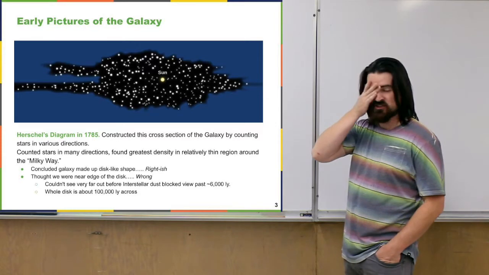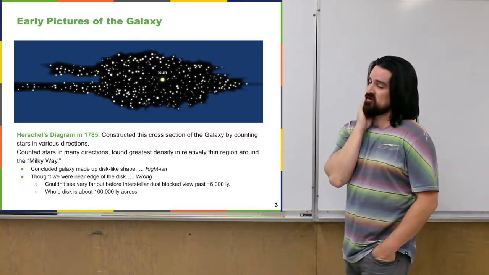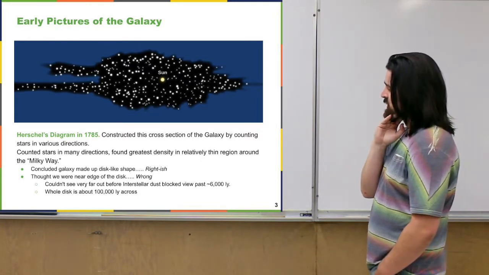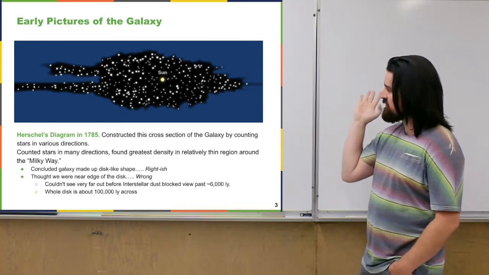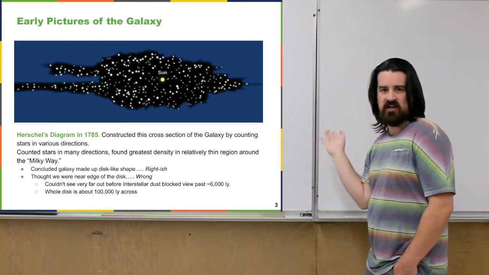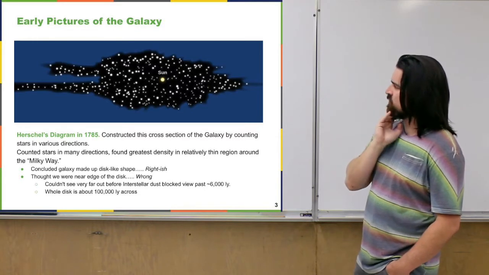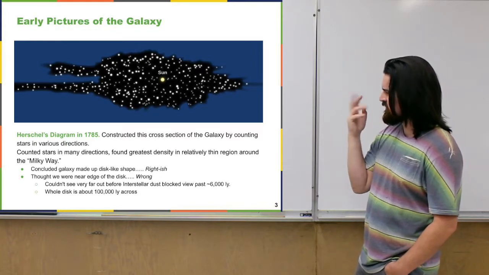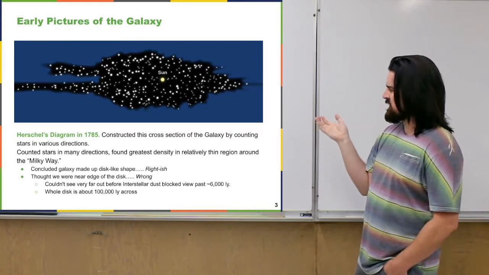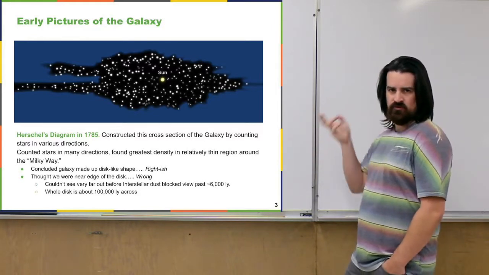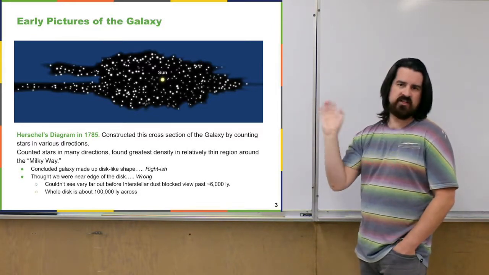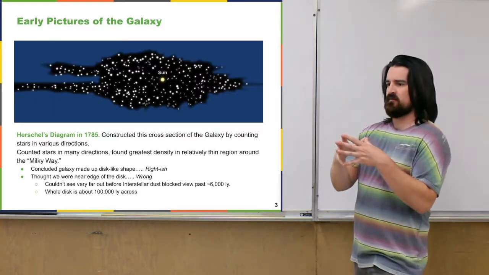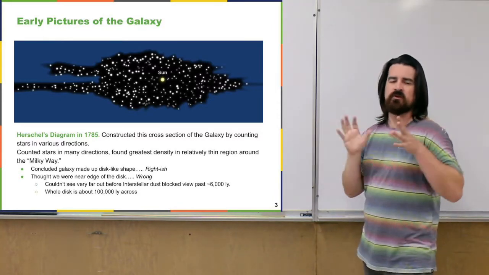The early pictures or maps or diagrams, whatever you want to call them, that some people in the more modern era of science tried to construct of the galaxy, well, as you might guess, at first were kind of incomplete. So this diagram is a representation of something that a scientist named Herschel, and his wife or something, attempted: to make a map or picture of all the stuff around the solar system or around our sun. And in that way, get a picture or a diagram of what the stuff we were in was.